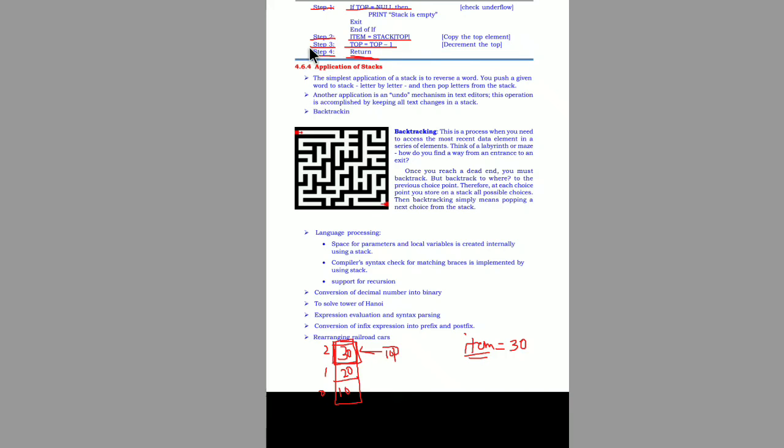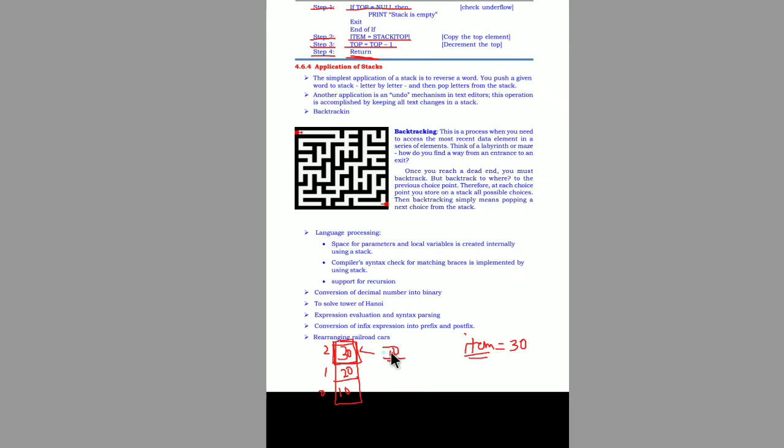Further, in step number 3, top is equal to top minus 1. In that step, we are decreasing the top pointer by 1 unit. The top variable is pointing to location number 2 right now, before deletion. After deletion, we make it point to the lower location.